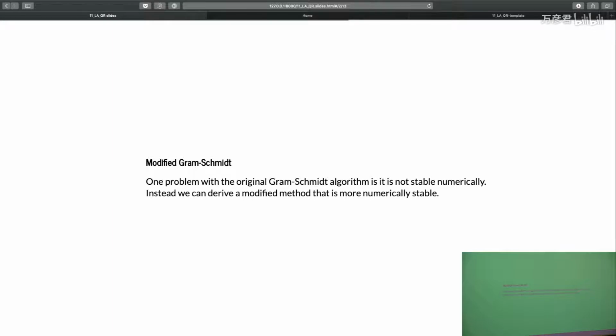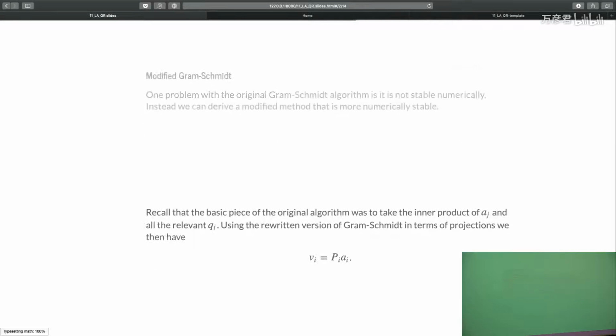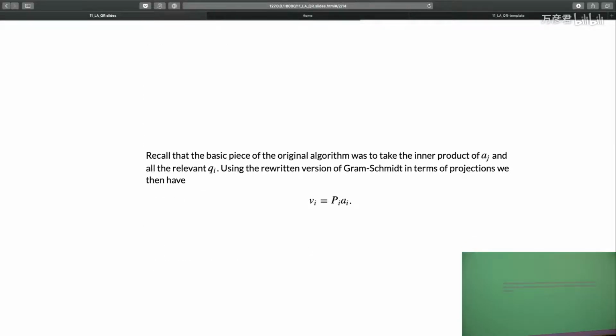OK. So there's something called modified Gram-Schmidt. Probably haven't heard of this, more than likely, just because from an analytical linear algebra sense, you can stop where we just were. But from a numerical sense, we actually have to be a little bit more careful. So what we're going to do is think about how we might actually write an equivalent algorithm from an infinite precision case. But we can maybe make this a little bit better. And it has to do with these projections. So if we're going to take the inner product of aj with all the relevant qi's, so basically all the i less than j,